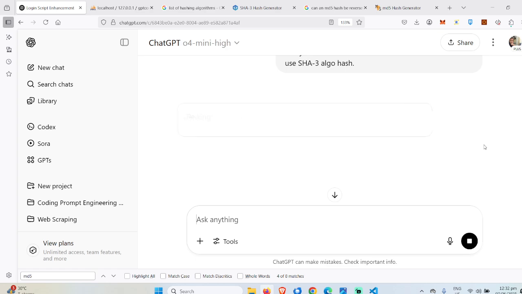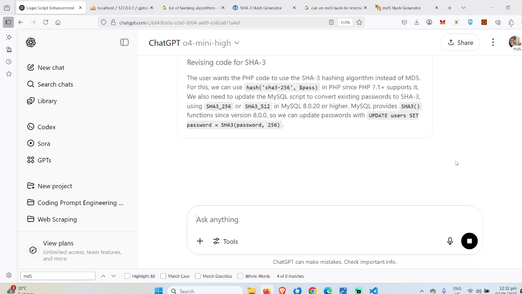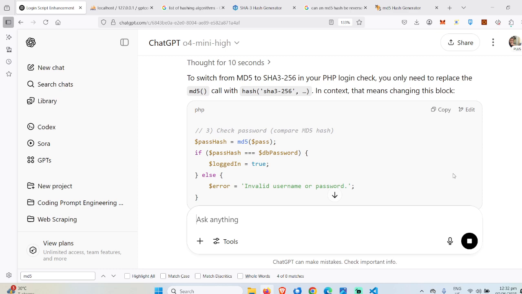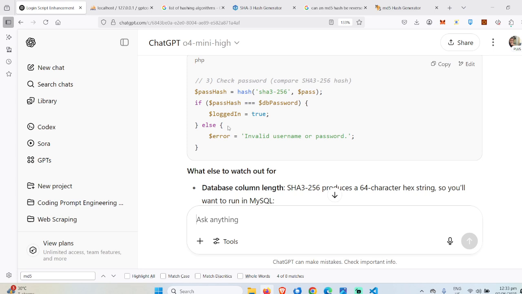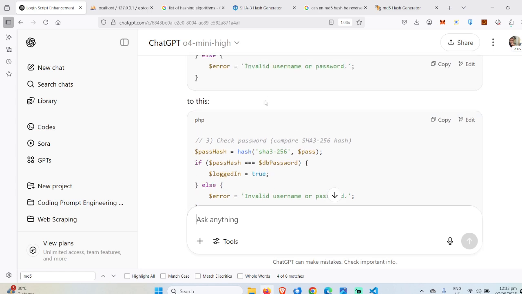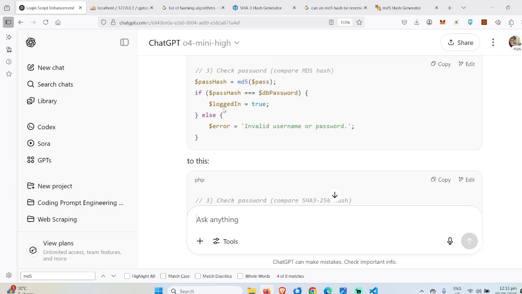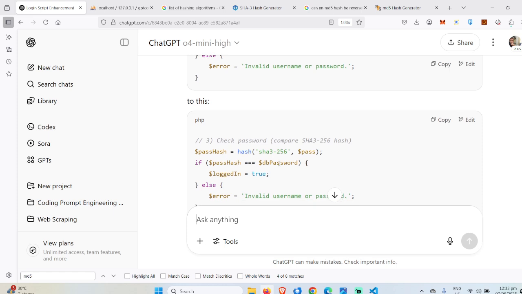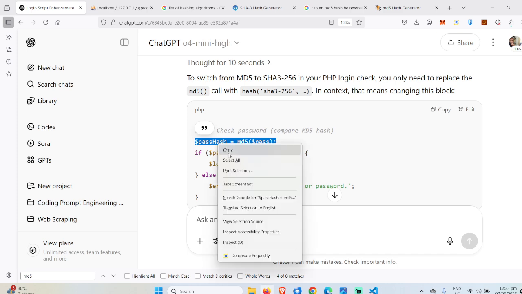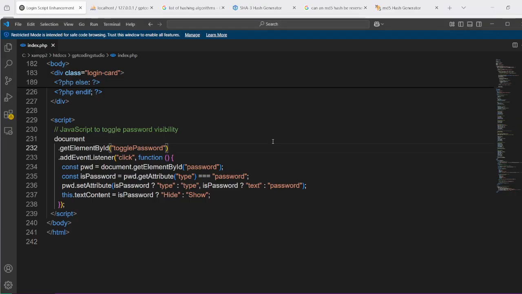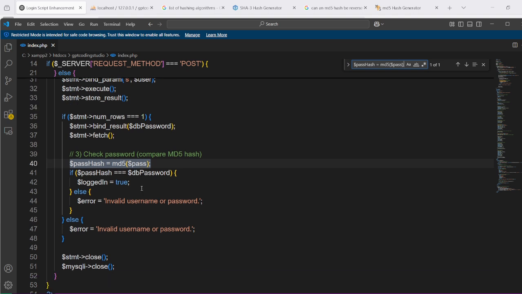We just go to the code, to the part that needs to be revised. Sometimes even non-programmers should slowly learn how to program. So before we have this MD5 hash, instead of using MD5, we use this one. This is the recommended. So we just change the part here. It's the same on the lower part, invalid username, and then DB password, login true. We should look for this one. This is the only one that should be changed. So search, Control F. So this is the part that we should change.